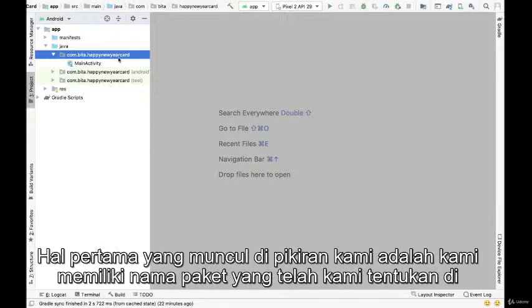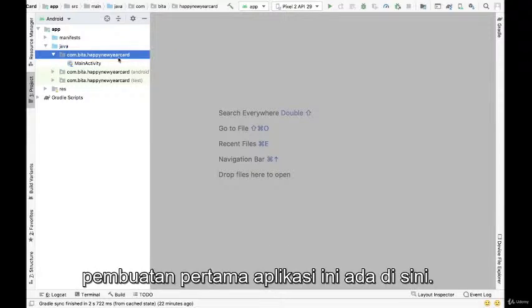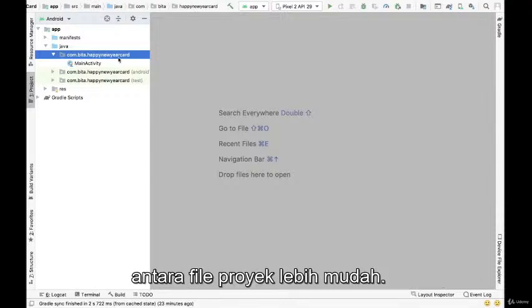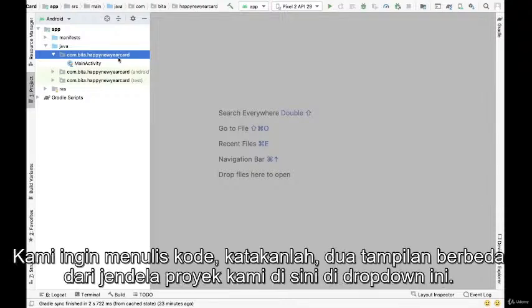Here, the first thing that comes to our mind is that the package name that we specified in the very first creation of this application is exactly right here, com.beta.happynewyearcard. In a project window, files are organized to make navigation between the project files easier when we want to write code. Let's see two